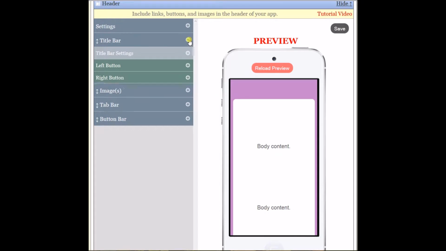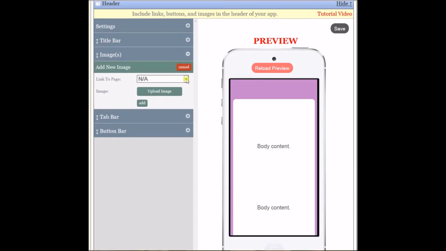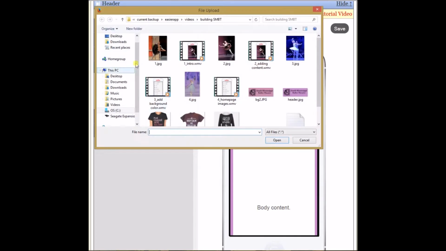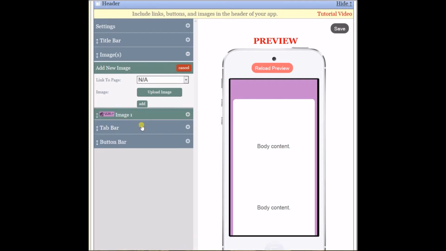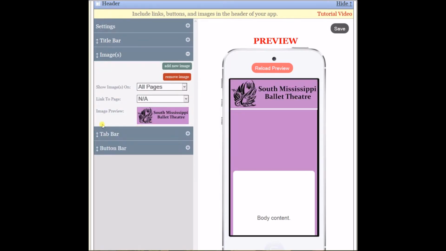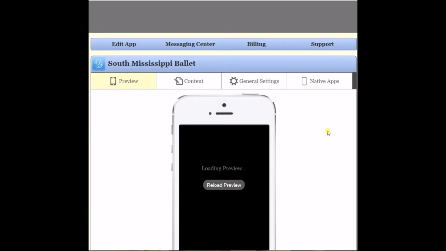So then we go to Images, add a new image. I don't want it to link to a page. That's the image I want, and then click Add. And then it's going to ask me Show Images on all pages, only the home page, only subpages, or none. And I only want this header shown on subpages. Then we click Save. Now let's go back to Preview, reload the preview,